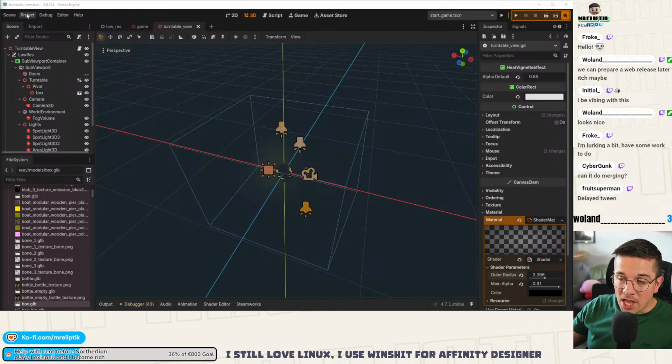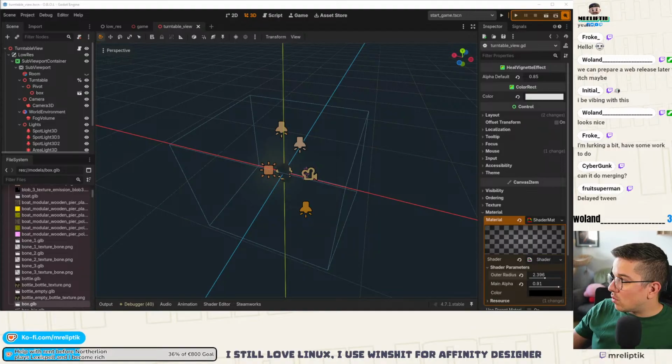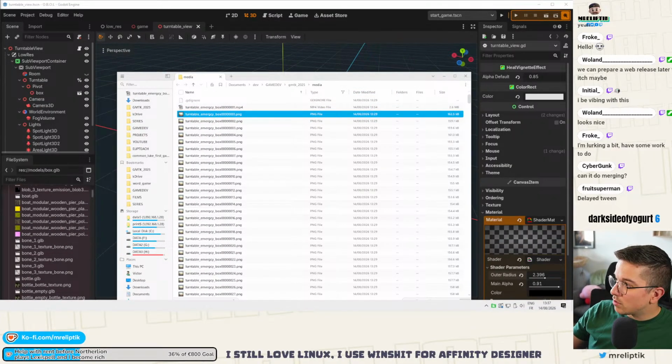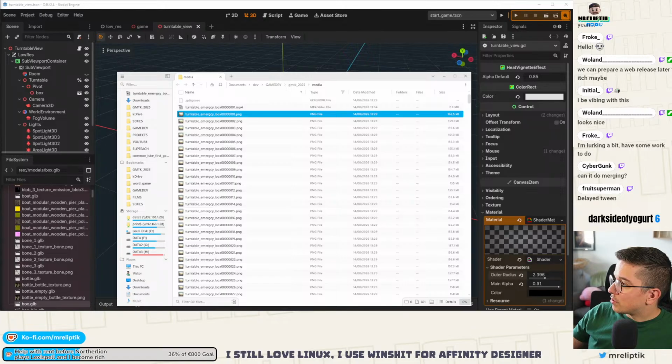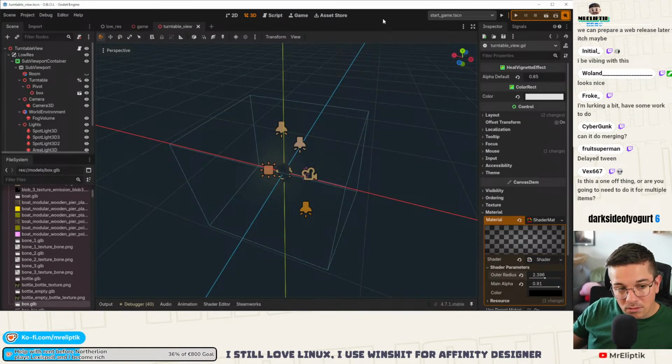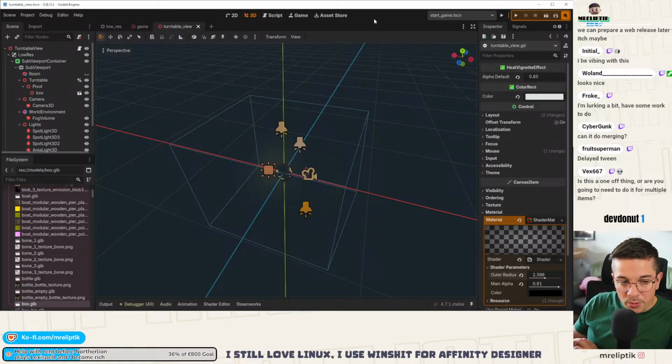Delayed tween. Yeah, but I'm going to have a bunch of frames that are useless. And the thing is, I want that to be automated as much as possible. Right now it's not really going to be automated. Is this a one-off thing, or are you going to need it for multiple items? I want to use it on multiple items, like